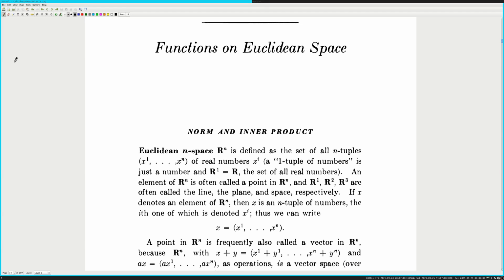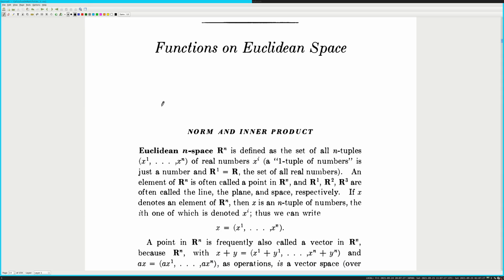Okay, Euclidean n-space Rn is defined as the set of all n-tuples of real numbers xi, and a one-tuple of numbers is just a number, and R1 is the set of all real numbers. An element of Rn is called a point in Rn, and R1, R2, R3 are often called the line, the plane, and space, respectively. If x denotes an element of Rn, then x is an n-tuple of numbers,